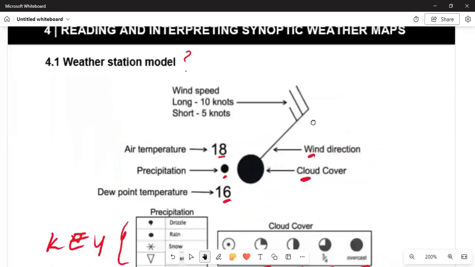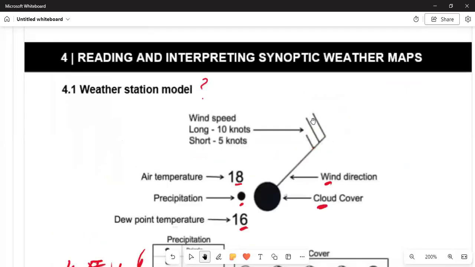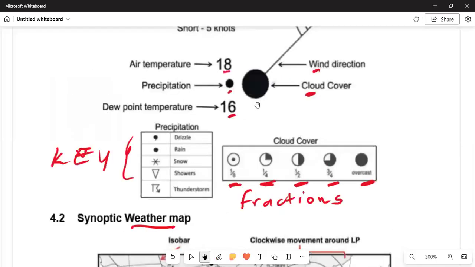All right. And here we can see that we must be able to read and interpret the cyclonic weather map station. That is why, time and again, we can determine that a certain place will rain due to the features on the weather map station. And what we need to understand, these represent the wind speed. These are the long knots. And this one, 20 plus 5 is 25. Under this, we are having the cloud cover. All right. So these are the signs, for which I've written the key.